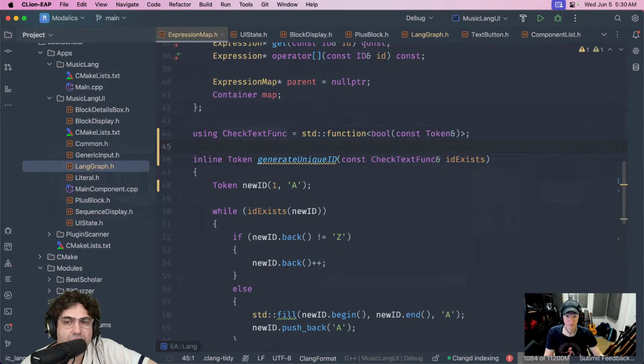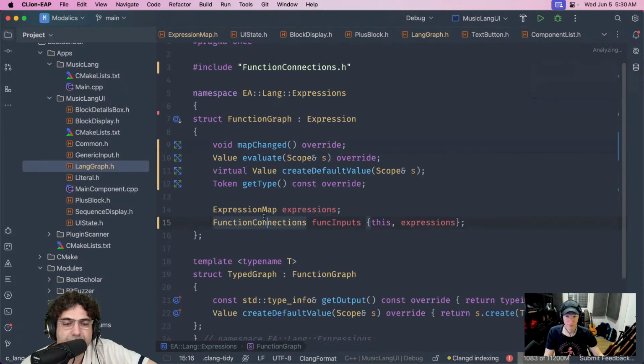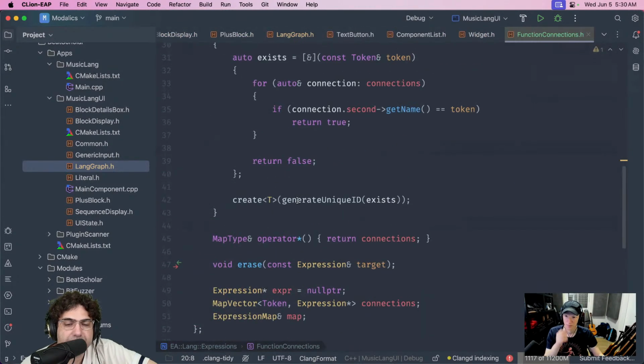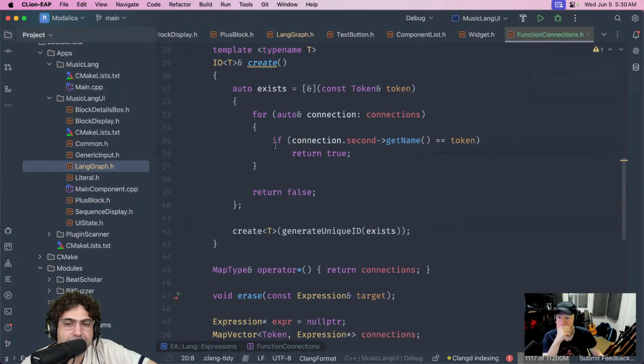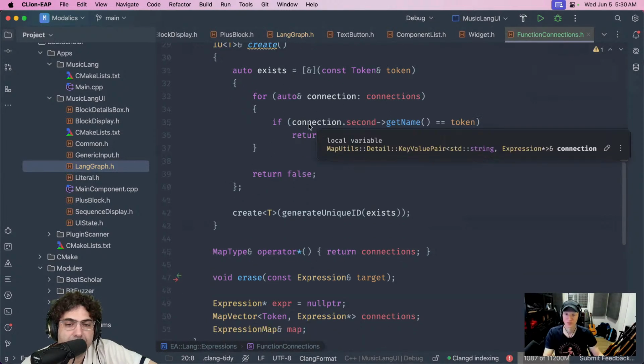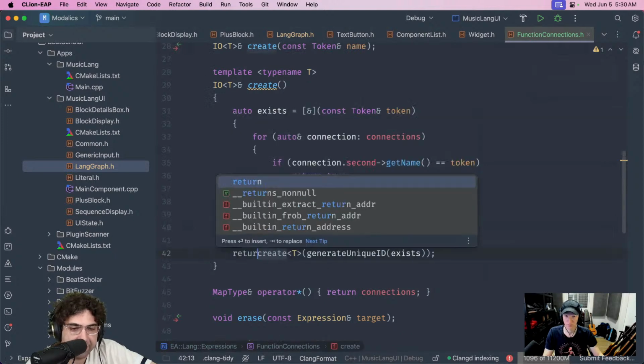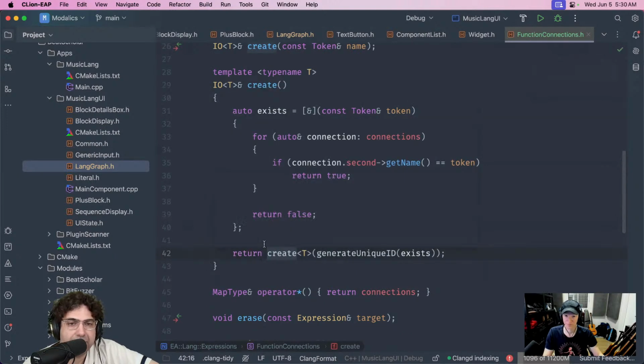Great. So then I will go to this other place where I've been with the list of function connections and implement the exact same function pretty much. So yeah, I go through that. And then I will create T with unique ID, or I need to return that actually. Okay, let's see if now I can use it. This should be my add function.